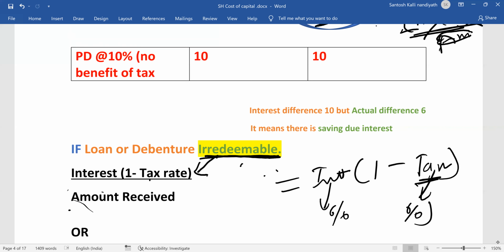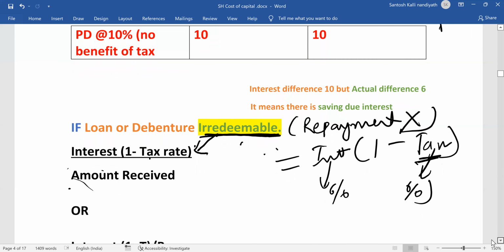Okay. So if we have a bond, we use that formula. There are two types of formula. If they are not saying when they will repay the bond, that is, repayment is not mentioned, then in that case this formula would be used. If it is mentioned that the company will repay the loan after 10 years, we will discuss that formula. So these two formulas we need to discuss, and your professor has used these two formulas too. I'm using the same thing.